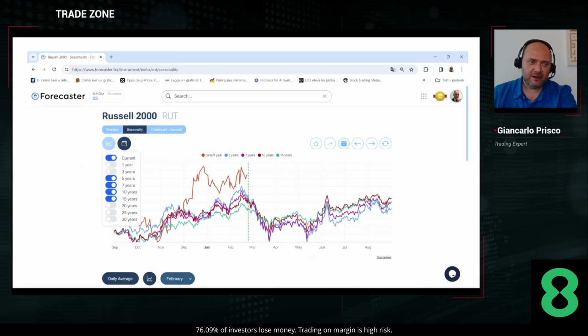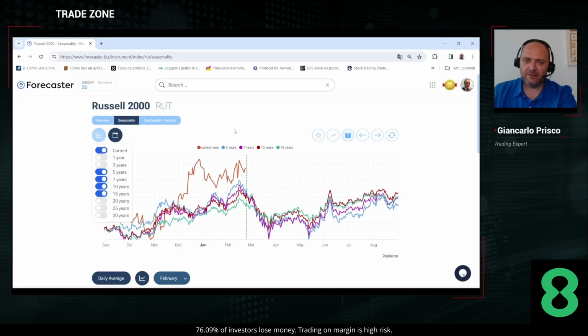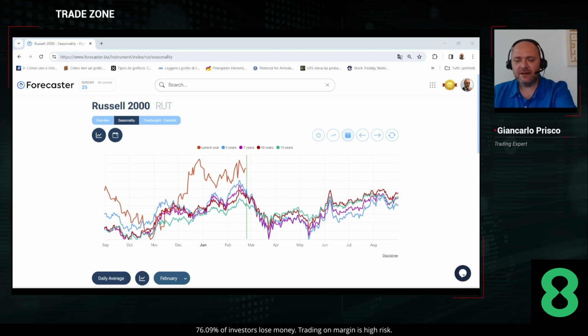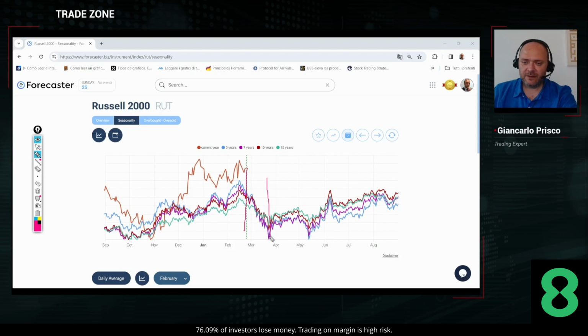Now we are going to take a look at seasonality, what we discussed before. I have prepared the chart because in this moment the momentum where we are is very interesting. Of course, there is a big euphoria in the market, so as you see, seasonality is an important element to use in our trading, but we have to understand that it does not always work perfectly. We know that the market has to drop between the middle of February and the middle of March, but it still maintains this bullish pressure.